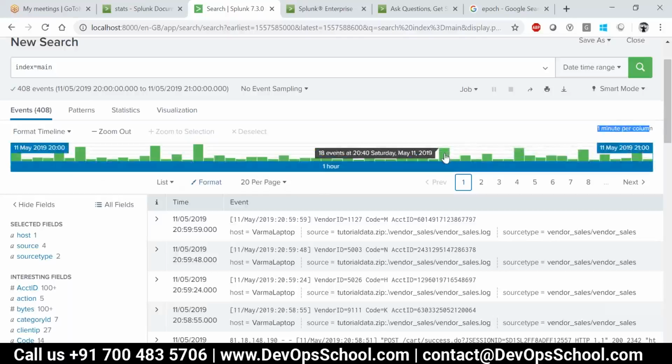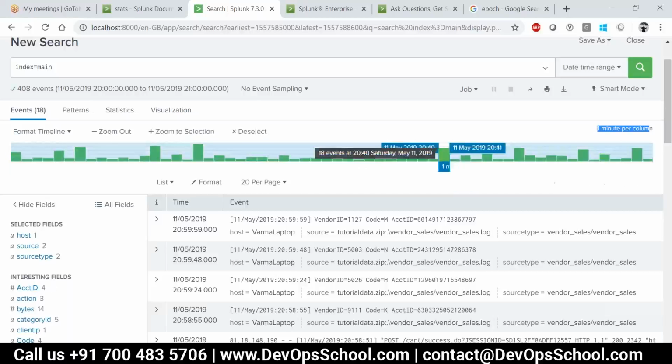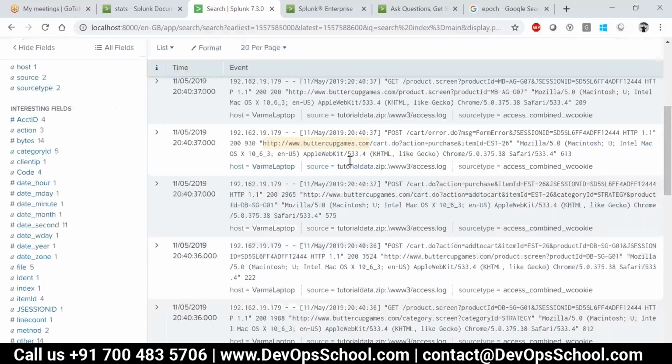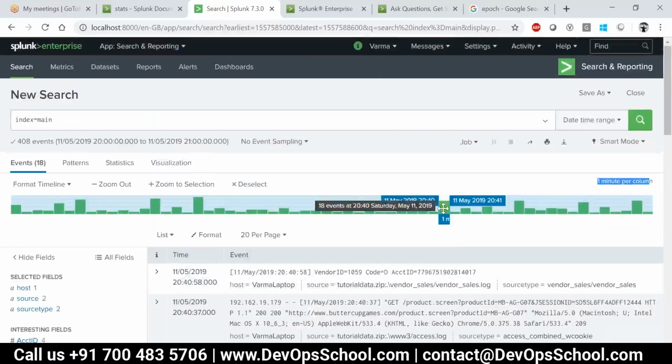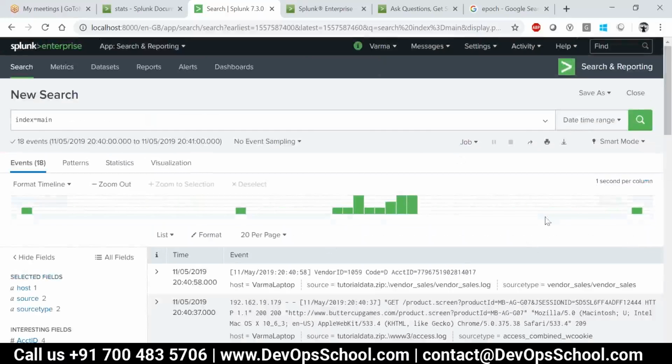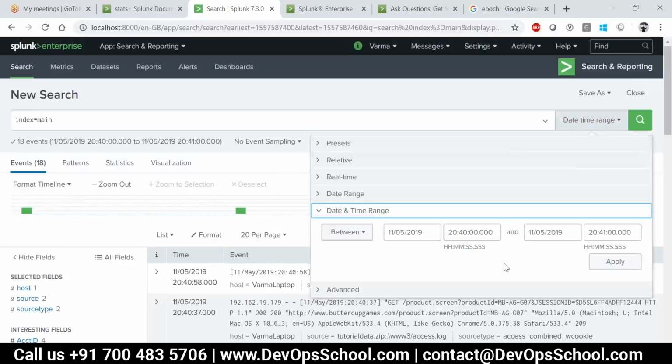Again, see this particular one at 20:40, at 8:40 hours, there are a total of 18 events. By just hovering over it, it will show everything. By a single press, it will show me the 18 events below. Again, if I double click on it, the timeline will change again. 1 minute became 1 second per column. You can see the date time range from 11/5/2019 to 11/5/2019,